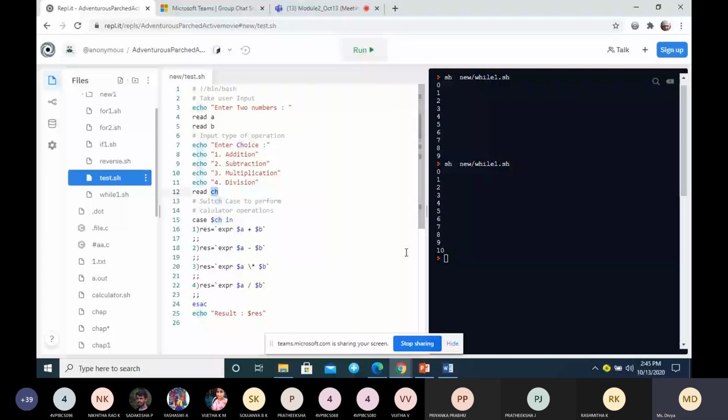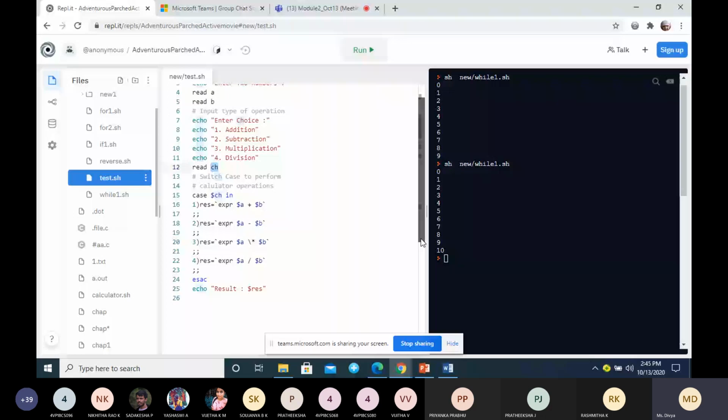So case 1 is for addition, and here we have used the command expr. expr is a command that is used for performing arithmetic operations. I had already explained about expr.